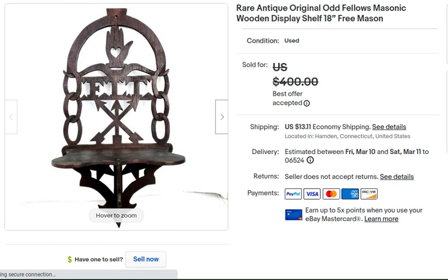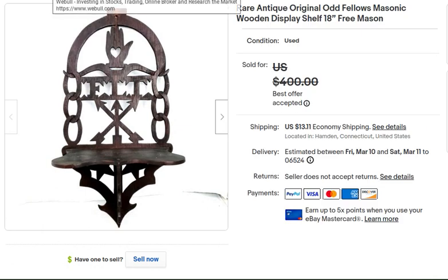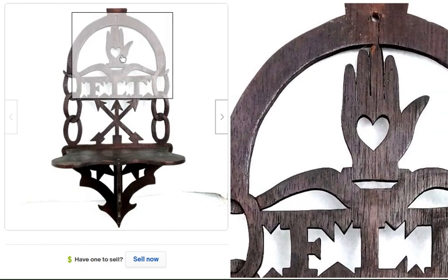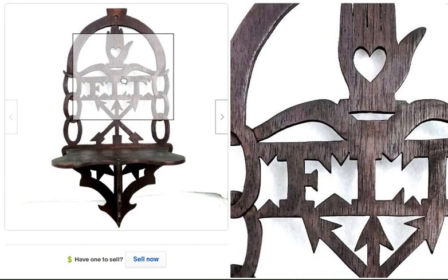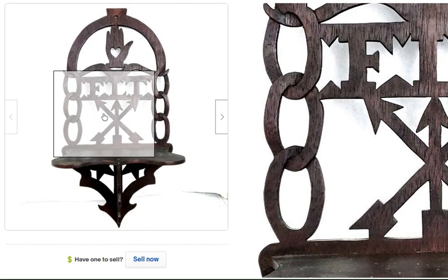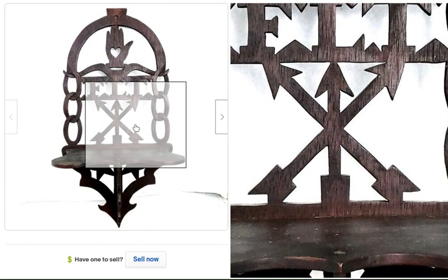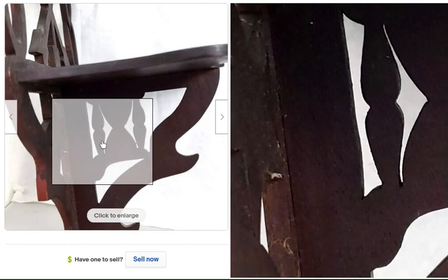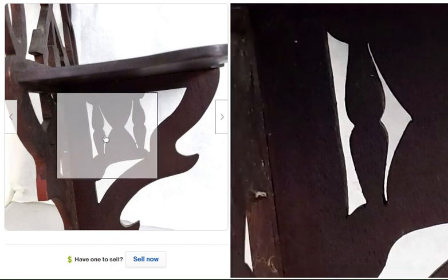Next, this is another Oddfellows item. This was a hanging wall shelf, so this would have been in a lodge holding something, who knows what. But this has a lot of their motifs. This has the heart in the hand. This has FLT there in the middle, which is one of their mottos: friendship, loyalty, and truth. It has the Oddfellows chain right here, which is the linked chain. The arrows pointing. And then at the bottom here, another one of their motifs is the hourglass underneath the shelf,